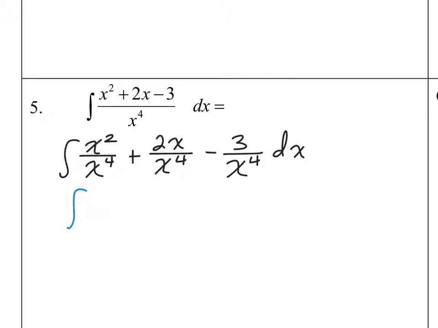So x to the second over x to the 4th becomes x to the negative second. X over x to the 4th becomes x to the negative 3rd, so 2x to the negative 3rd. And then 3x to the negative 4th, so minus